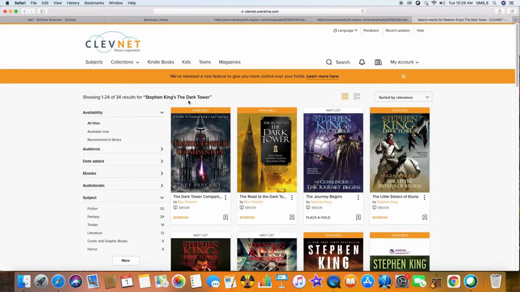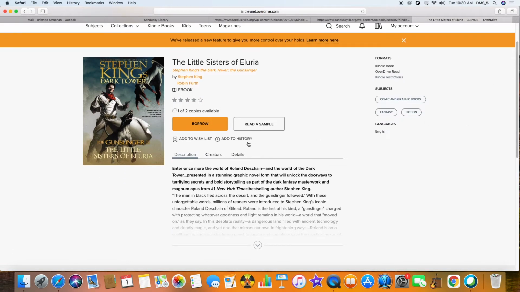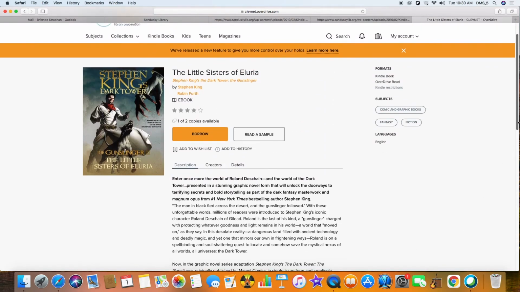And then here are the options for Stephen King's The Dark Tower. Now, some of the books you'll be able to borrow or place on hold and get in line if it's not available yet, and you can select right here. Or if the book you are looking for is available, you can select the borrow button from here, from the front page. Or you can actually select the book itself, and it is going to take you to another page and give you some more information, some more details, some summaries, reviews that you can check out if maybe you're unsure or you don't know. But once you've decided that you do want the book, you can go ahead and click borrow